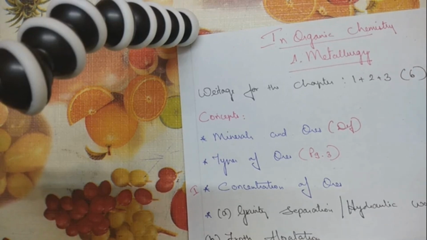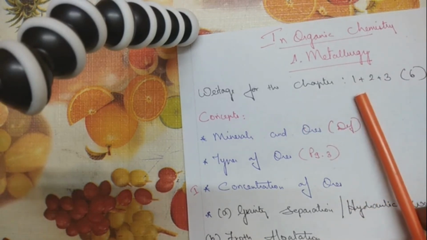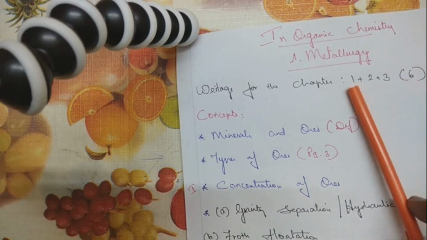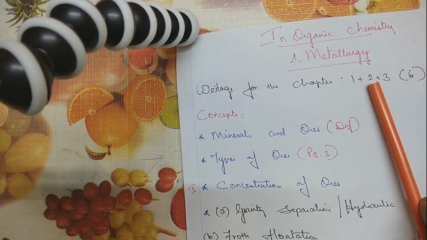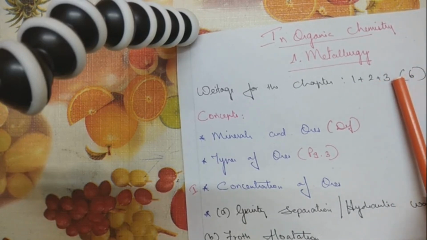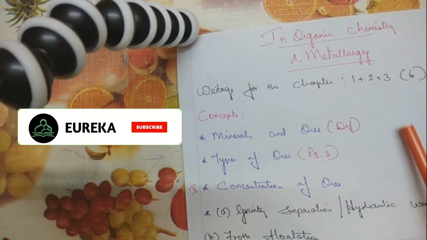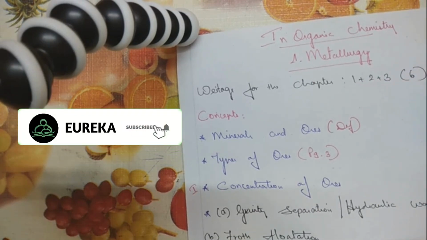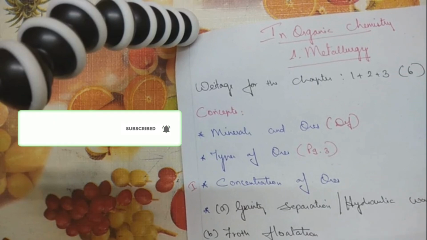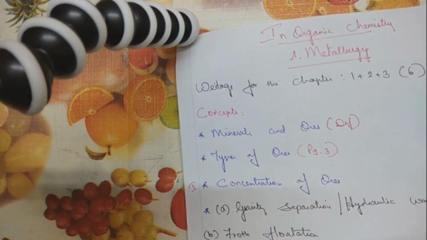I will start my classes with the first lesson in inorganic chemistry, that is metallurgy. The weightage for this chapter will be 6 marks: one 1-mark question, one 2-mark question and one 3-mark question. Now before I move into explaining the concepts in the lesson, let's see what concepts we will be